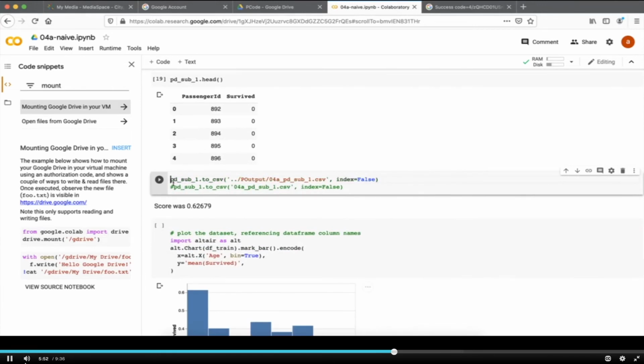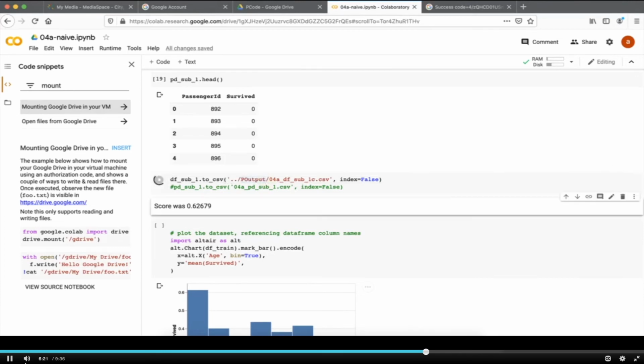When we save over here, it's saving to... Again, I don't know why I've called it PD. I wanted it to be a data frame. I'll call it 1C just to make sure it's something different. We are mounted at the moment in the P-code subdirectory of our Google Drive. We're going to go up 2, still in the Google Drive, up 1, still in the Google Drive, down 1 to the P-output of our Google Drive, and we are going to save